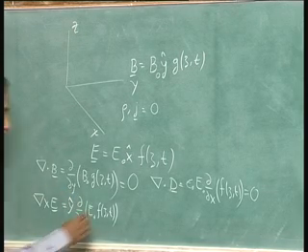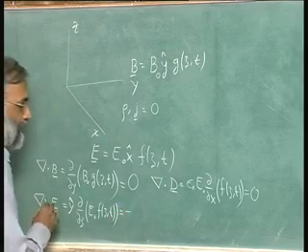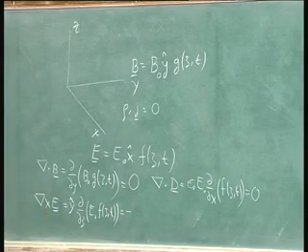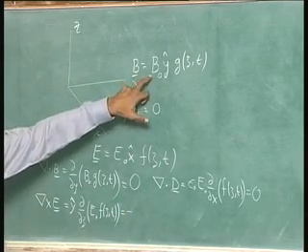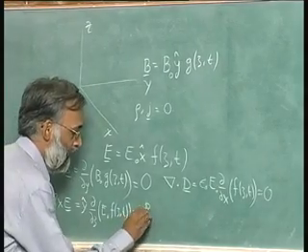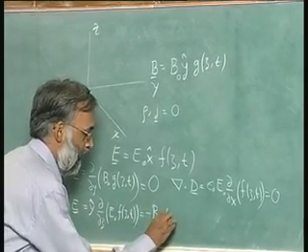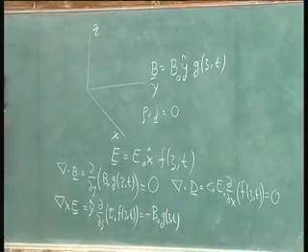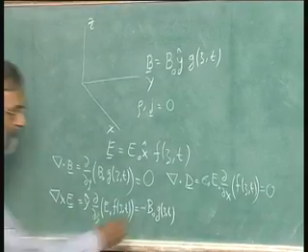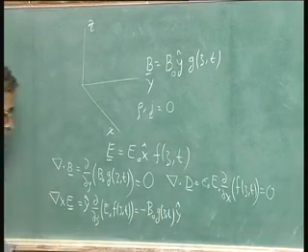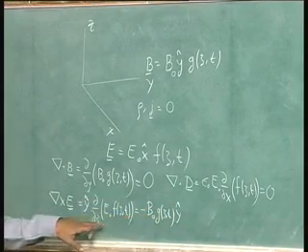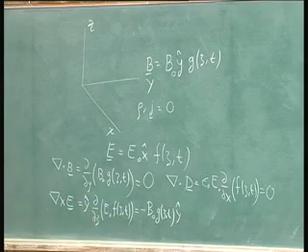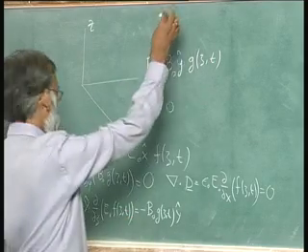And this, we are told, is equal to minus the magnetic field. Well, luckily the magnetic field is in the y direction, it is B naught g of z, t. So, that gives me an equation, because both are in the same direction. So, I can write down this equation. The equation I get says